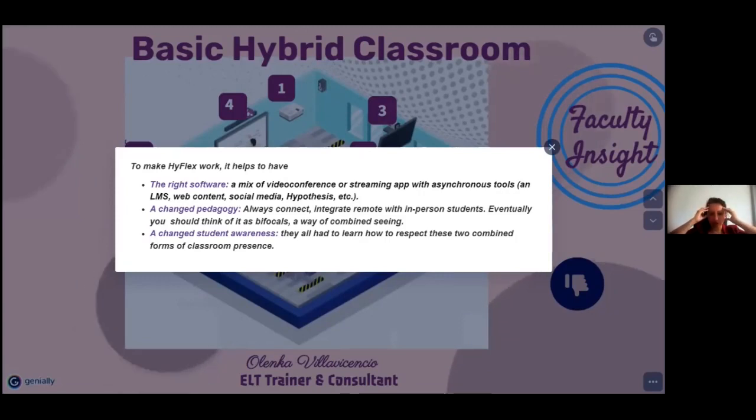Then pedagogy, because you are always connected, and you have to integrate your remote students with in-person students in the same activity. Eventually, you should think of bifocals, watching different parts and combining them. Then student awareness: they need to respect each other, and learn how to respect these two combined forms of classroom presence. And this is for the basic setup.